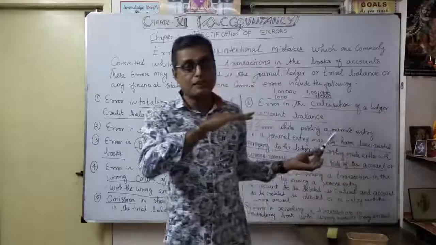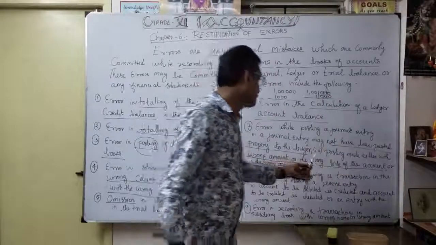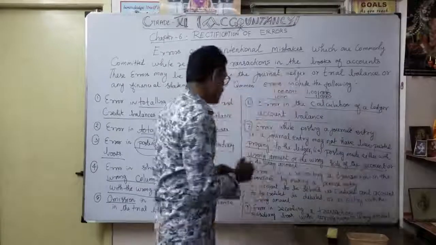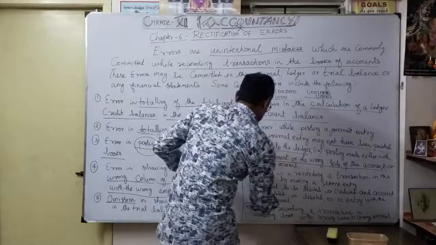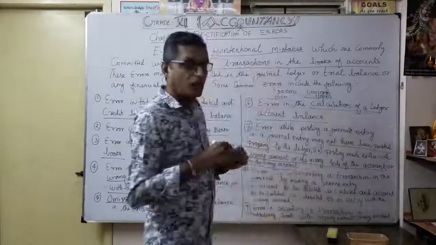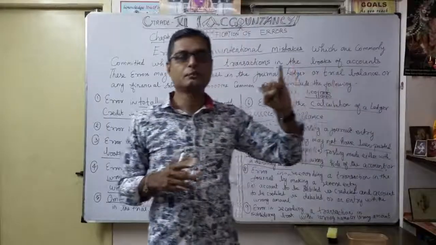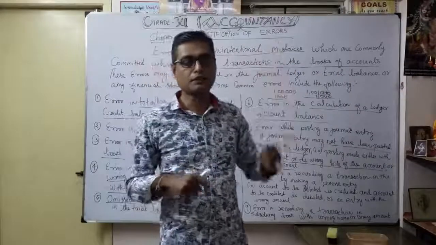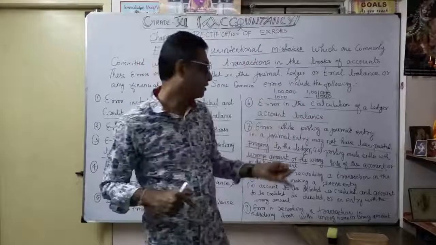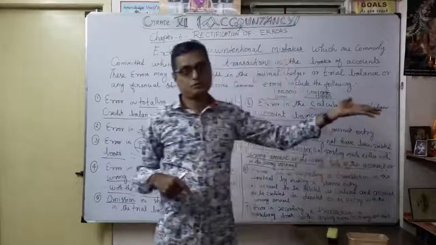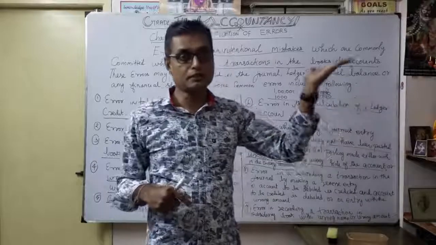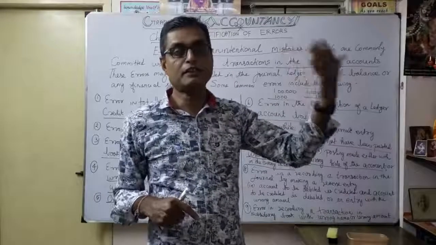Instead of the debit side, you have to write the credit side. That's the wrong side of the account, or the wrong account. So there are three possibilities. Maybe, whenever they are posting, the first one is the wrong amount, or the wrong side of the account. Maybe instead of the debit side, we enter the credit side.